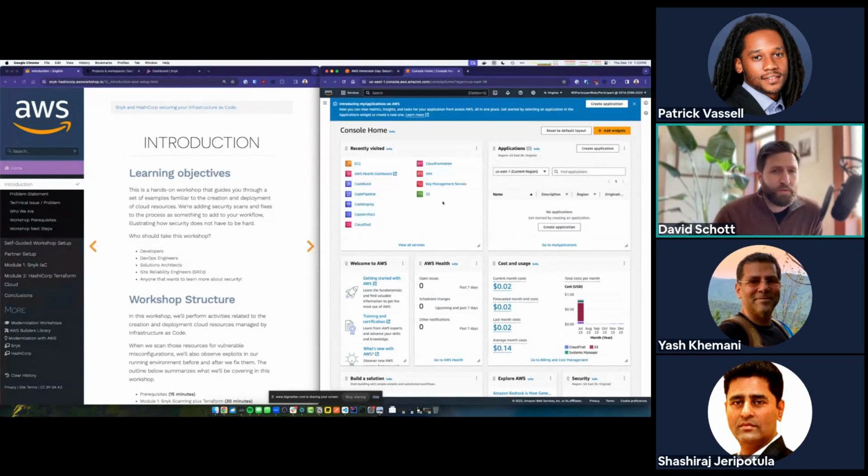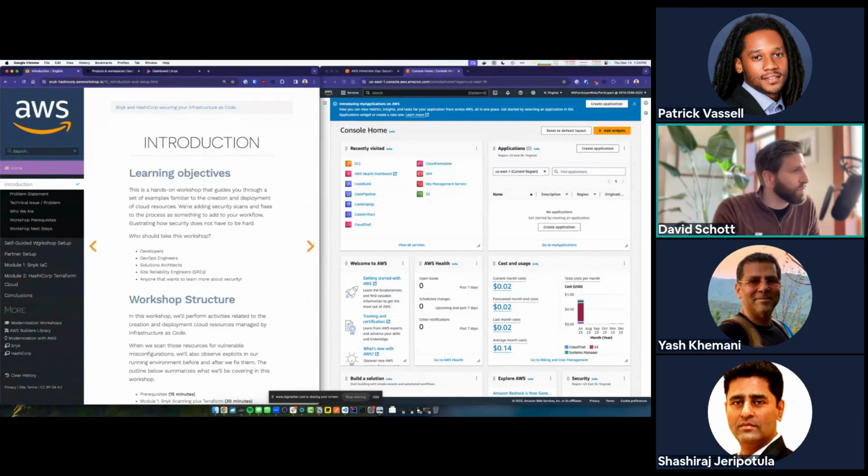Now, we're going to have to go through a number of things because this account for this event is almost completely empty. I actually thought it was completely empty, but according to this, it looks like we have a few tiny little things out there. But it's largely an empty account, so we're going to have to deploy a few things just to really set the stage and allow ourselves to deploy infrastructure. So if you're familiar with AWS, I think you'll find this pretty easy. And if you're not familiar with AWS, we'll try to move kind of slow, and you'll definitely learn a few things in the process as we go through the setup.